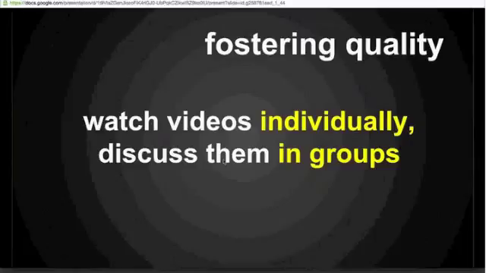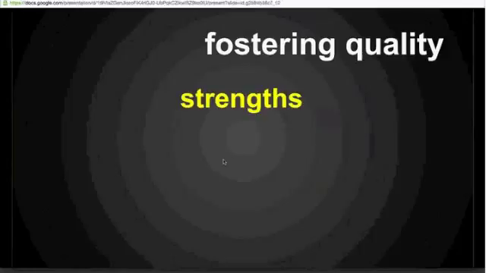And then once you bring them back in the class, they'll talk about it in groups together, and then you talk about it as a class. And so that gets these discussions about the strengths, the weaknesses, and other things in a real good place for them to actually work with it. Have them look for, what did they like? What was compelling about the video? What is an area for improvement, which is a really nice way of saying, what stank about that video, right?